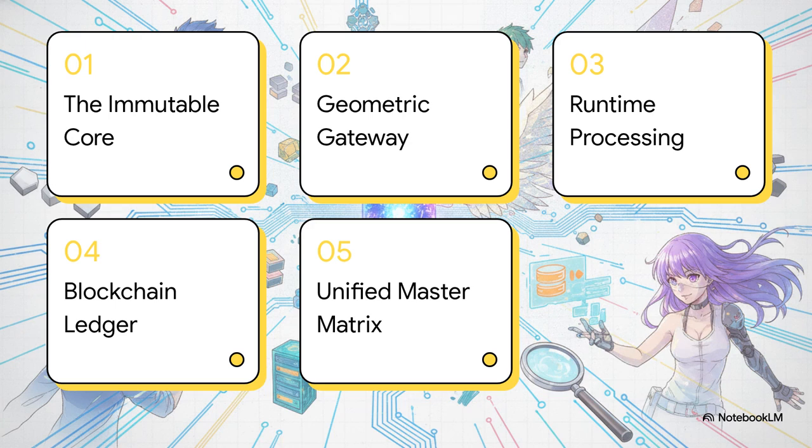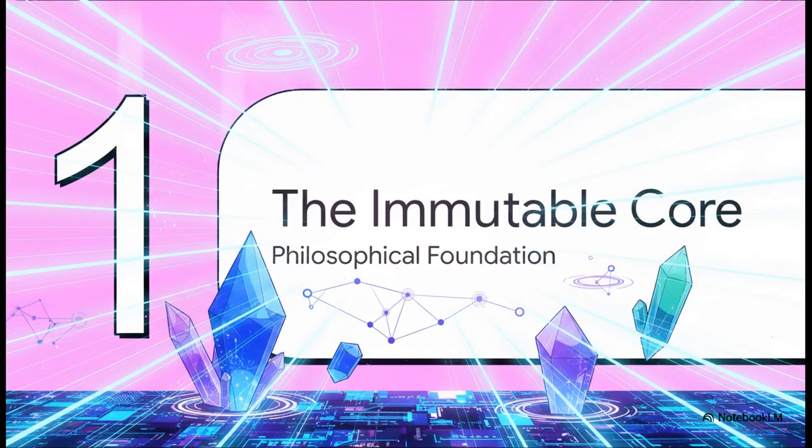Here's the diagnostic scan path we'll be following today. We're going from the immutable core right through the geometric gateway of vector 1 into the runtime processing of vectors 2 and 3, over to the blockchain ledger in vector 4, and then finally unifying the whole thing in the master matrix. All right, let's jump right in with part 1, the immutable core, which really serves as our philosophical